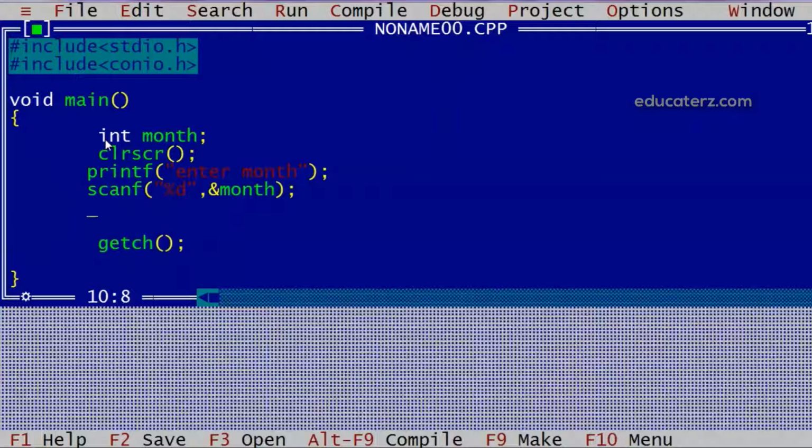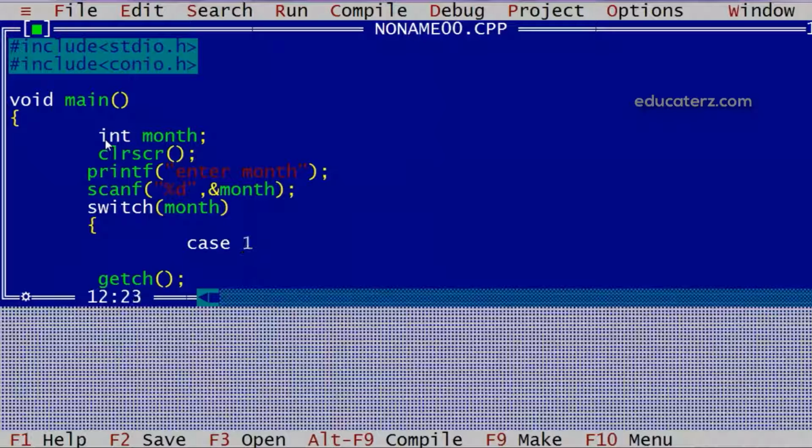Then after that, now for one variable we have multiple cases. So switch is a better option in this case. For example, we can have switch, then in the expression I'll keep month, then curly bracket, and we can start with different cases.